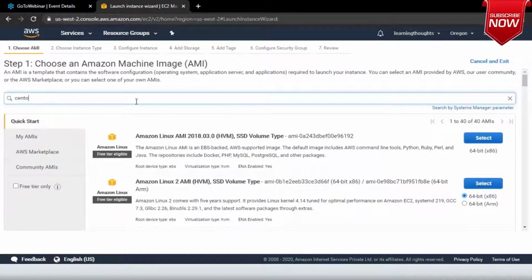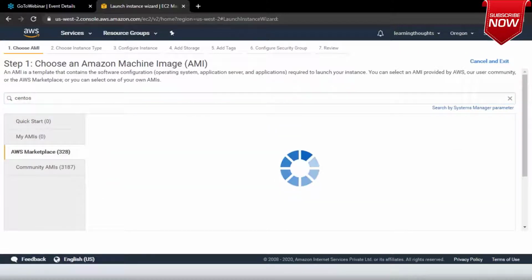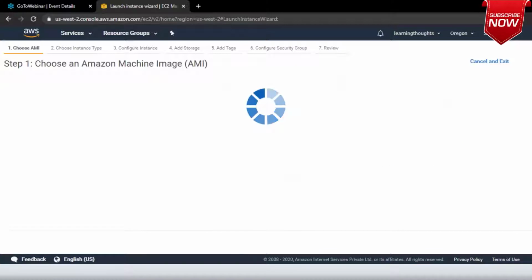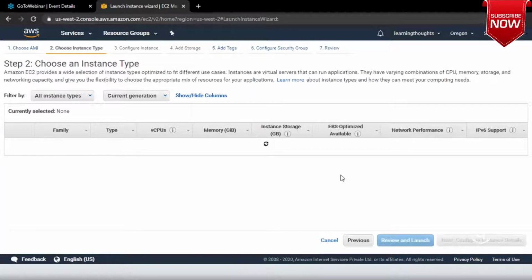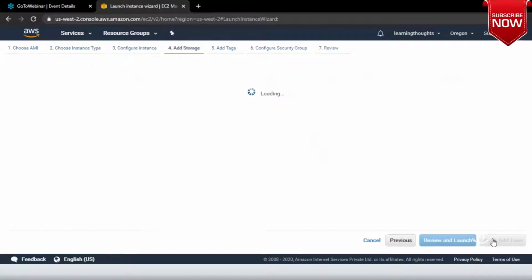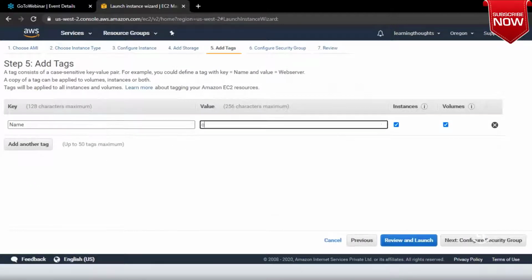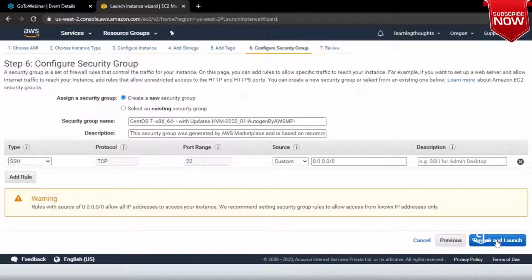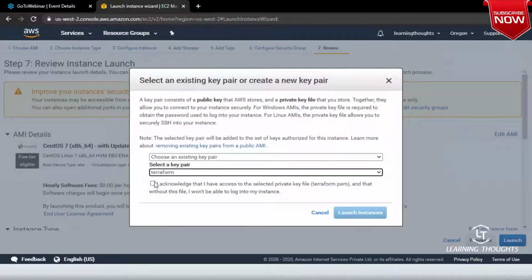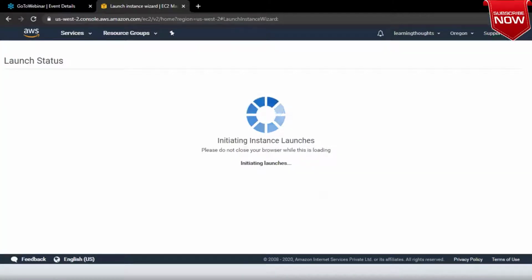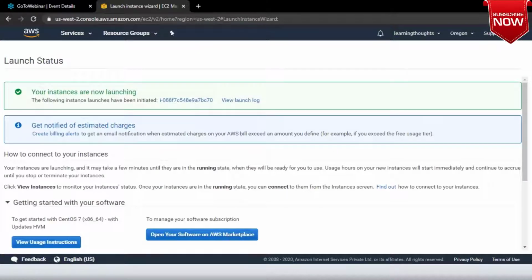Let me launch a CentOS 7 machine. I'll be using a free machine itself, and then I'll give it the name CentOS.